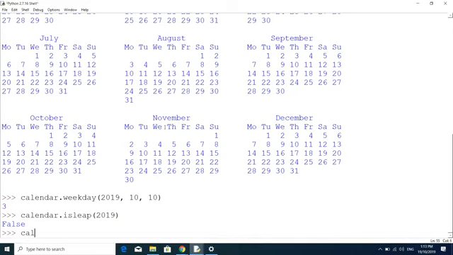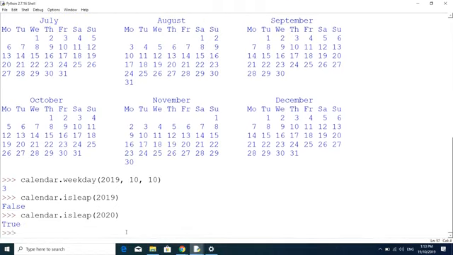What if we type in calendar dot isleap 2020, which is next year? True. So if you don't know, guys, if the year is divisible by 4, that is a leap year. For example, if you divide 2000 by 4 and the result is a whole number, then that year is a leap year. So moving on,